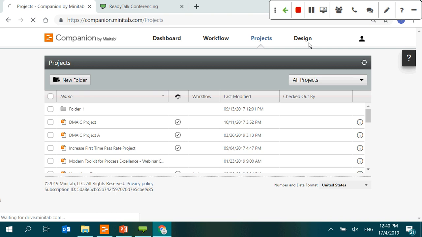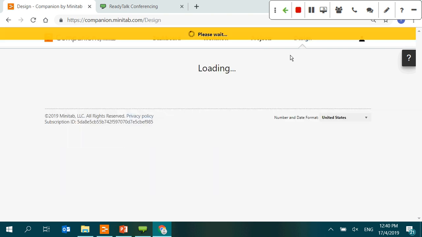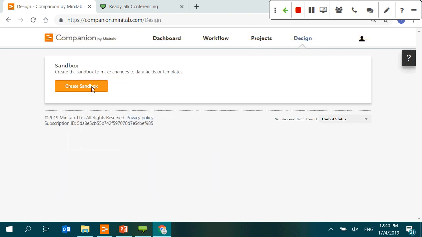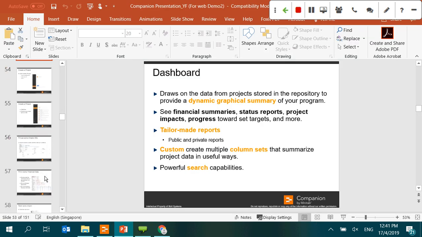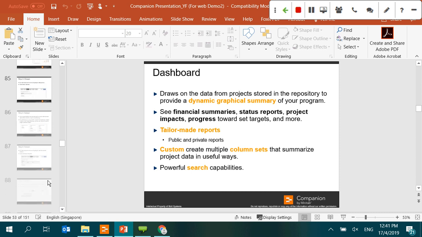Okay, last but not least, the Design Center. This requires a few seconds or minutes of loading time depending on your internet connectivity. So Design Center, okay, I will just click on it. It is a sandbox to make changes of the data fields or your templates. Let's see how long it will take to load, and then I will go to the